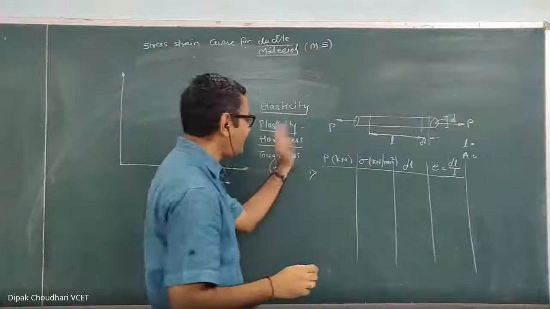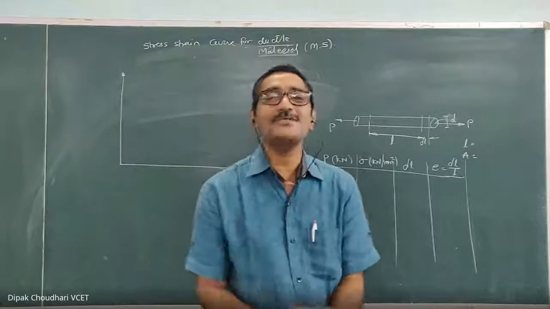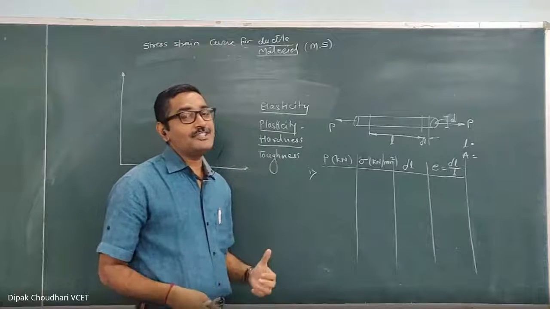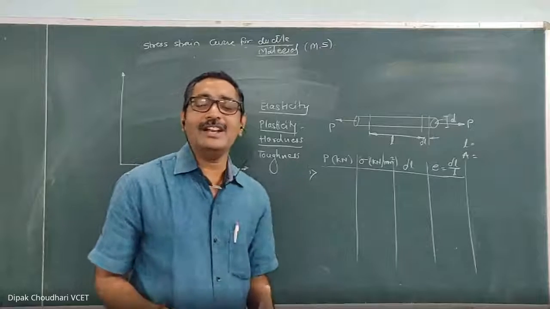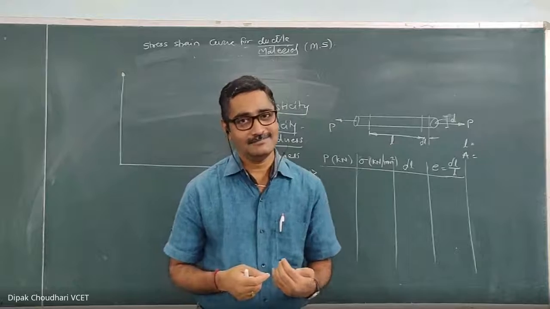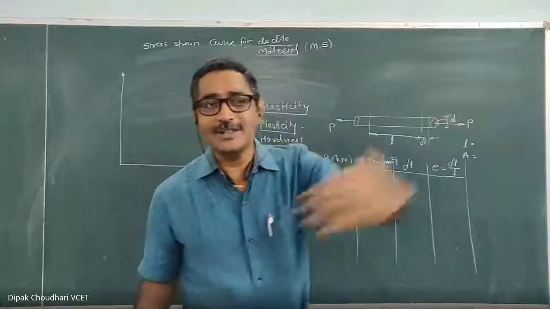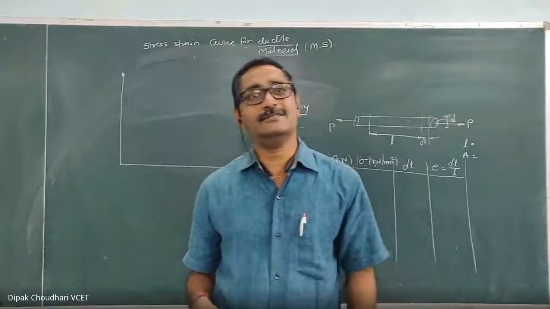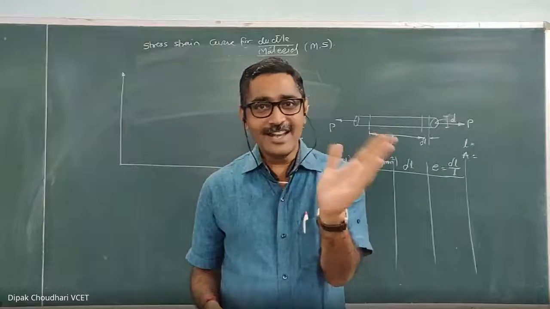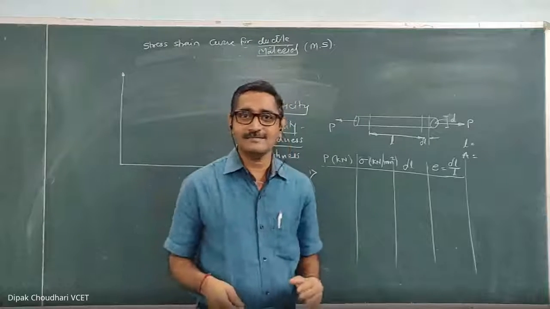Toughness. Hardness is different, toughness is different. Hardness is a resistance to the wear and tear, resistance to the scratch. Whereas toughness is the ability of the material to absorb the energy. That is known as toughness. When we use some glass for the partitions in the mall, that glass is a toughened glass. That glass is not a hard glass. There is some hardness, but it is not a hard glass, it is a toughened glass.